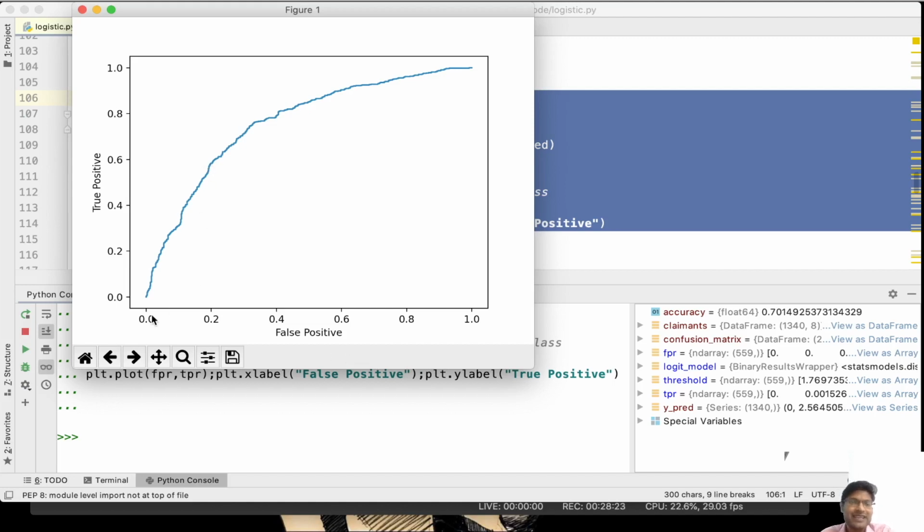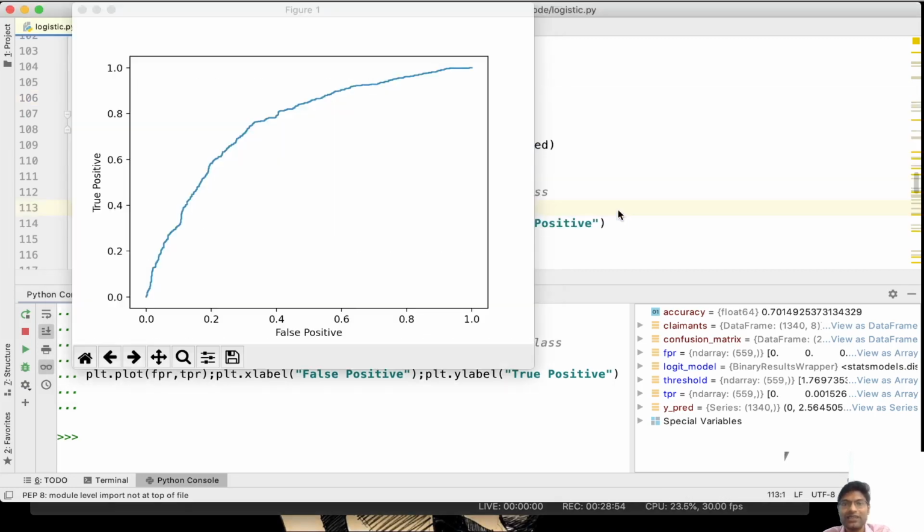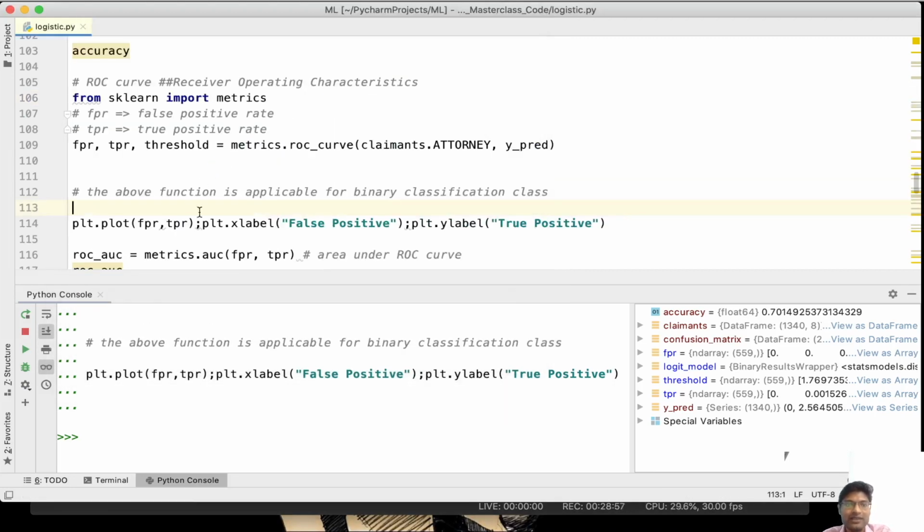But in this case the false positive also keeps increasing, meaning there is error in our model. Our model is producing error. That is what is inferred from this graph. As long as there is a curve in the model, there is error also, and the area under this curve is called AUC. This area under the curve is a decimal value between 0 and 1. If this is a vertical line, then the area under the curve will be 1. If it contains some decimal value, then our area under the curve will be less than 1.